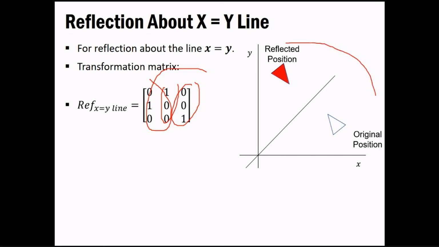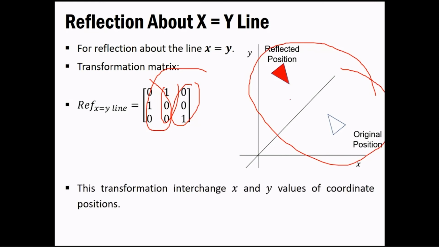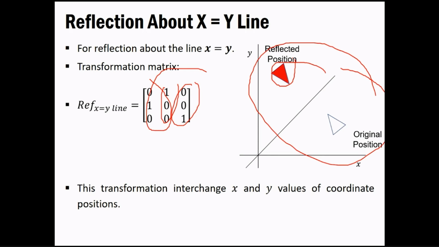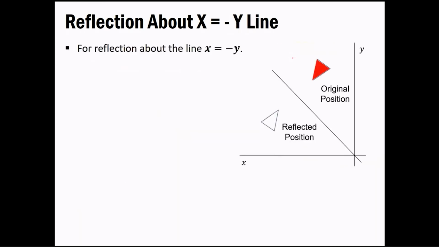You are also looking at the figure, so try to understand this, because some of you might not be getting it, like what is going on, where which switch is happening, which reflection is happening and all. About the x axis, about the y axis, about the origin, the case is also given over here, so don't get confused at this stage. This transformation interchanges the x and y values of the coordinate position. So now instead of changing the sign, we are interchanging the x and y values over here, and we get this reflected position. Don't get confused. If you don't understand, we'll see the example also, and you will get an idea of how it is working.